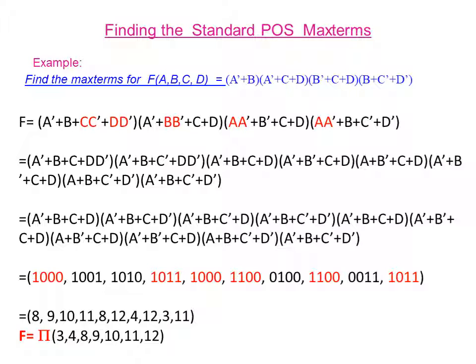This is also a 4 variable question. So we will check that 4 variables are present in each max term. Then the missing variables we will add. Then we will do the simplifications and obtain the final expression in max terms.